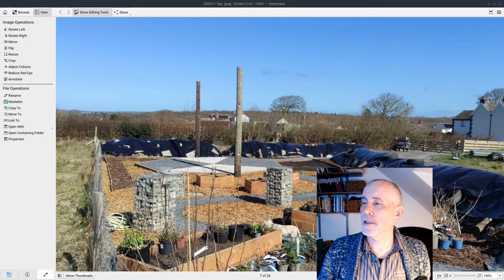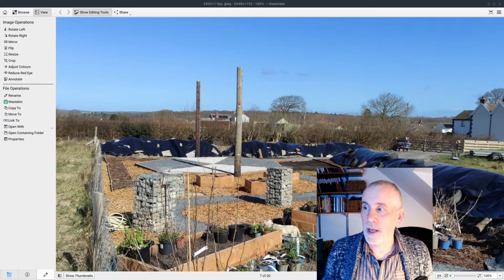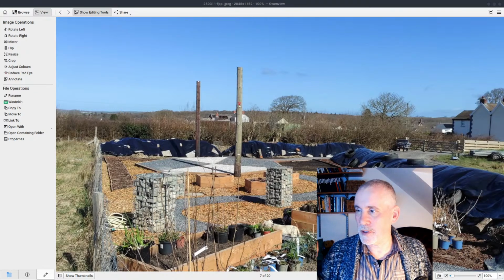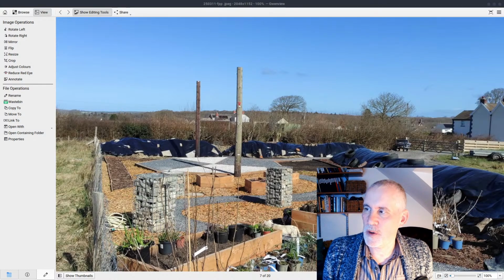And yeah, next stage: canvas shelter, and bird baths and ponds and gates and fences, all sorts of stuff going on. So it's going to be pretty. It is a lovely